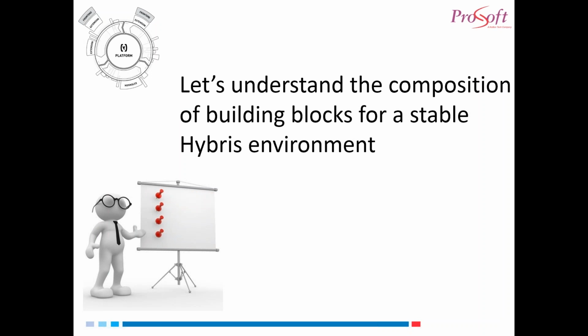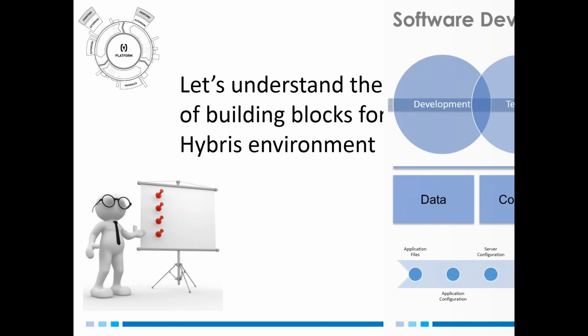So let's now see some of the stages of software development, and see the elements of all the aspects of data and content. What are the other things which need to be considered as we move from a development to a production environment?